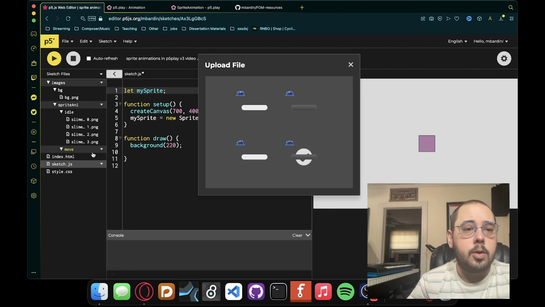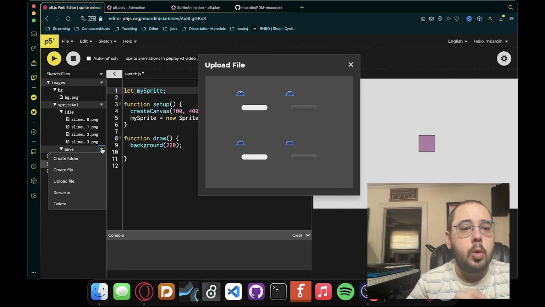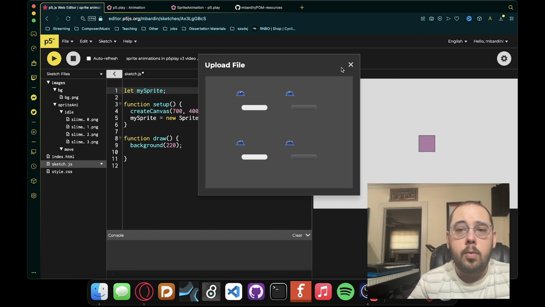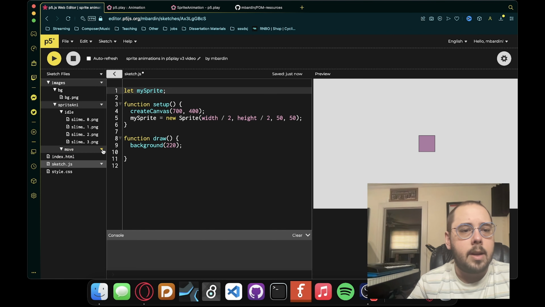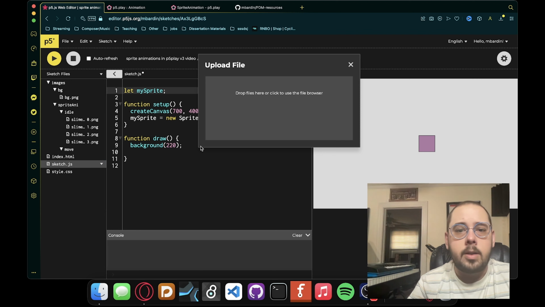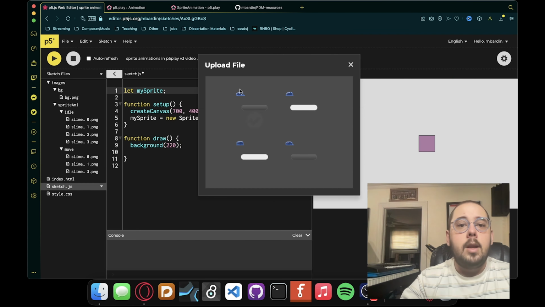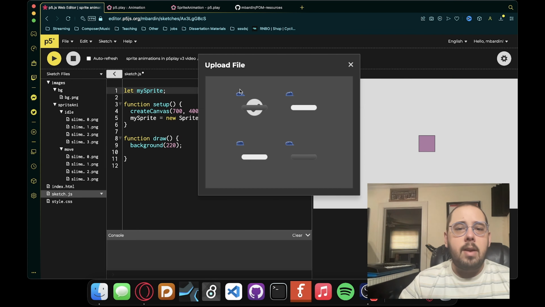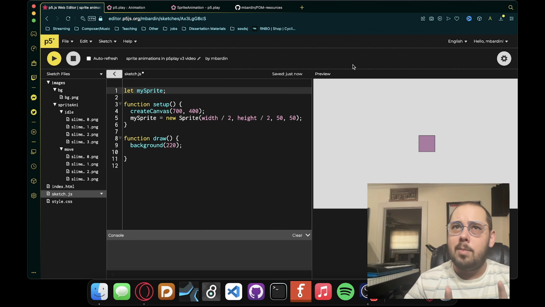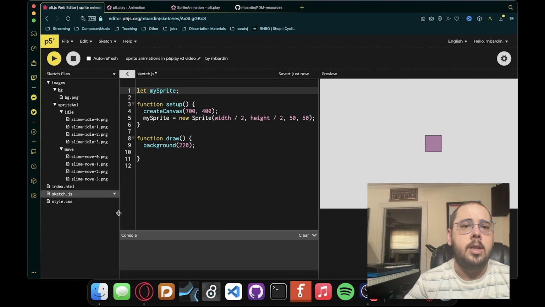Boom, right there. I'll do the same thing, but by clicking on the move here, and then we'll upload file from move. Actually, I'll be redundant, and I'll close that. Upload file to the move folder, and we'll get the last one right there. So it's very handy, and a lot of times it's done, but not always, to name your animations